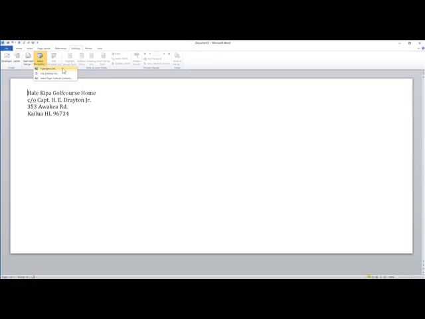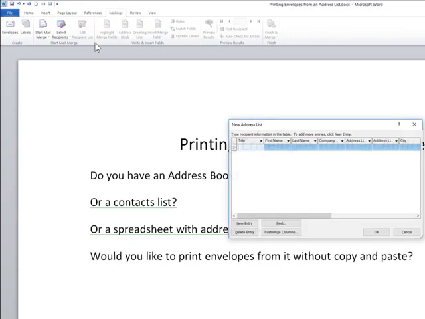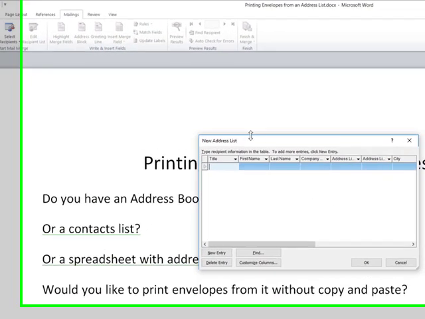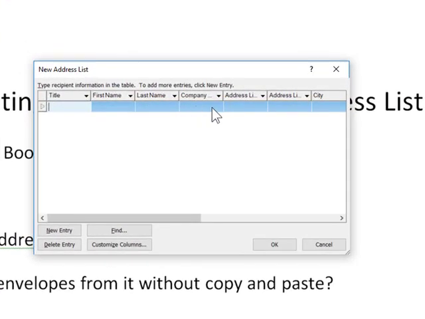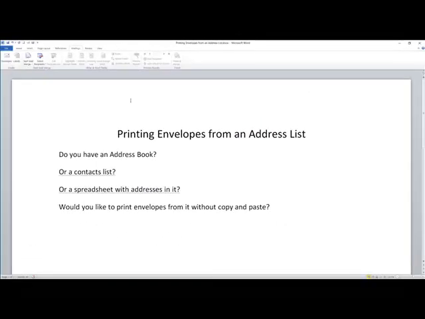You can type a new list here. If you click that, it will bring up a window where you can type in first name, last name, addresses, zip code, city, etc. One at a time, row after row after row. Or if you already have a list somewhere,